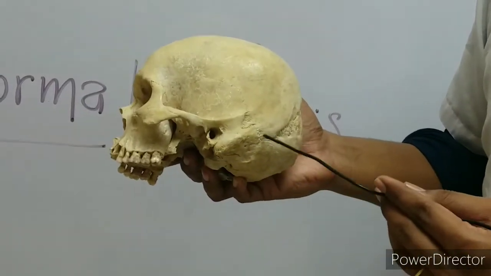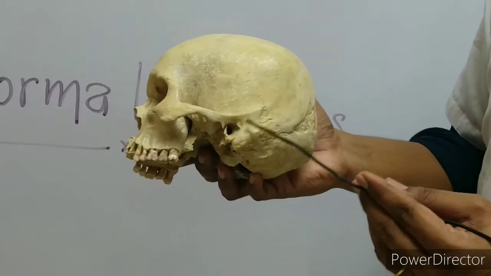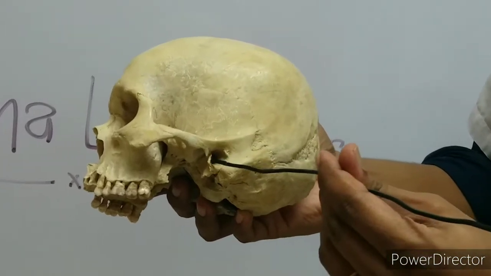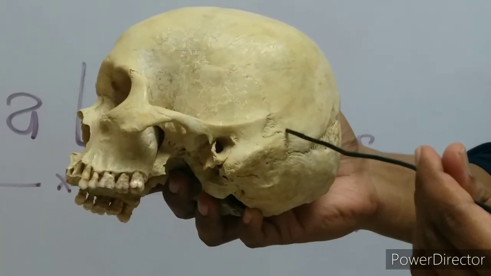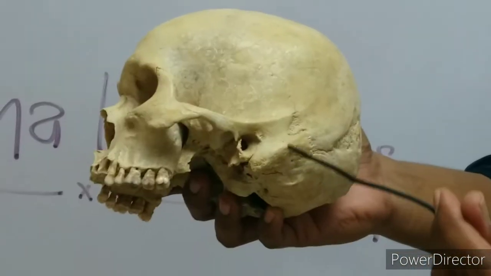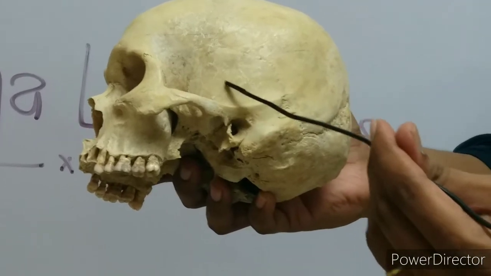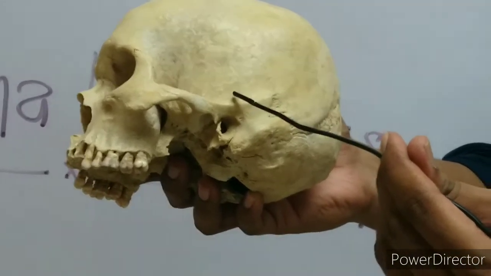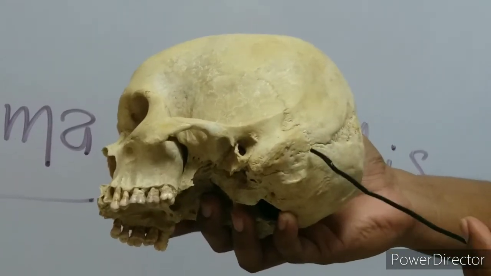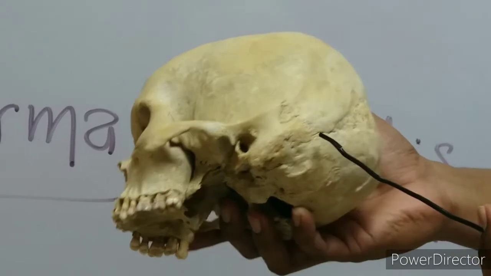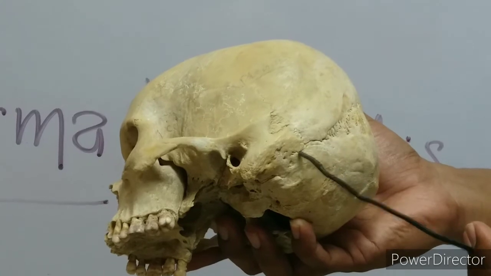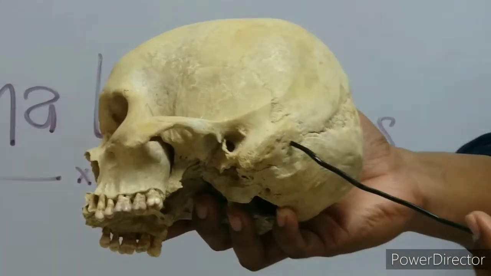Now we will see the mastoid part of the temporal bone. Okay, so here you can see just behind the external acoustic meatus, this portion is called the mastoid part of the temporal bone. Here it is continuous anteriorly with the squamous part of the temporal bone. Okay, and there is one suture, the occipito-mastoid suture. So posteriorly it is limited by this suture. This is called the occipito-mastoid suture.